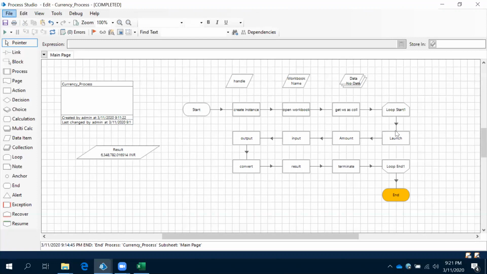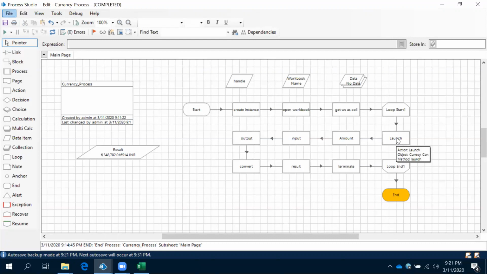It means, for example, if you have 10 records in this collection, it is going to launch 10 times and then it is going to terminate 10 times. But unnecessarily, the application will take time. For example, if 100 or 1000 records are available, do you really want to close the application and open the application 1000 times? It is not required, right?